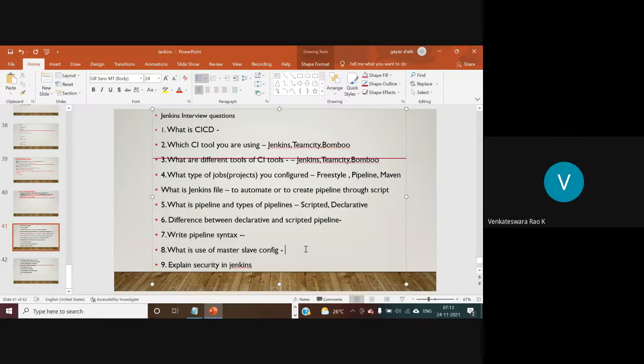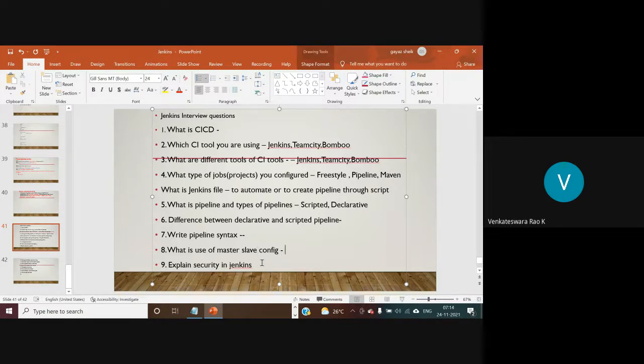There won't be any reduced performance on our servers. So that is the use of master slave configuration, to distribute the traffic of the master server among the slaves.